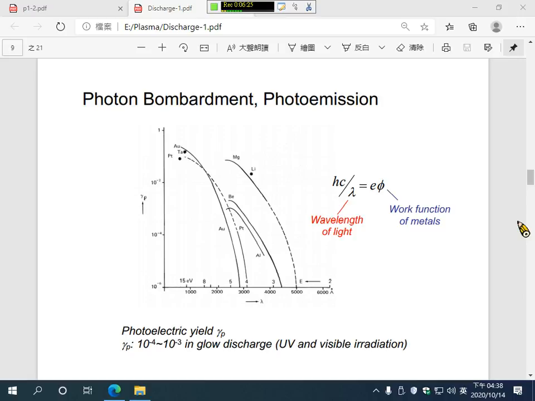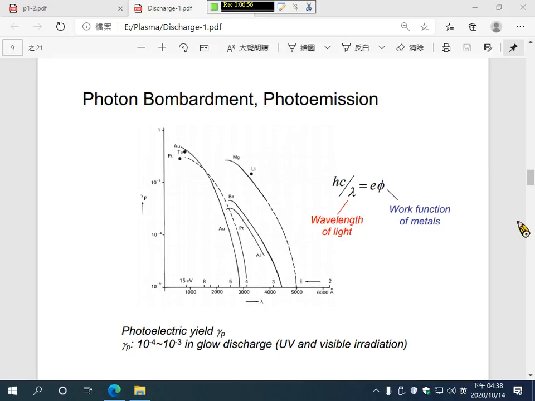For general metals, the work function is close to 4 electron volts, a little bit higher or a little bit smaller. For example, the work function for tungsten is around 4 point something, maybe close to 4.5 electron volts. So if you compare